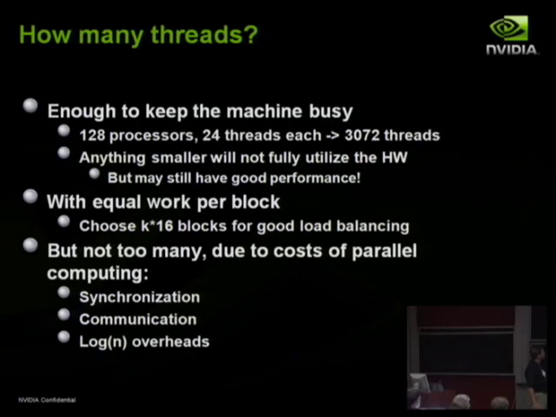I wanted to get equal distribution. We have 16 multiprocessors, so I want some multiple of 16 typically. I don't want to have 17, because 16 will run all together, and then one will just be lonely. And it'll cost as much as doing 32. So I want some multiple of 16 blocks. And then we don't want too many because, as Mark was just talking about, there's going to be overhead of the parallel computing. You might have some communication, some synchronization. And if you have all this spread out, then you'll have to do these log n reductions. And if you've got enough parallelism without that,